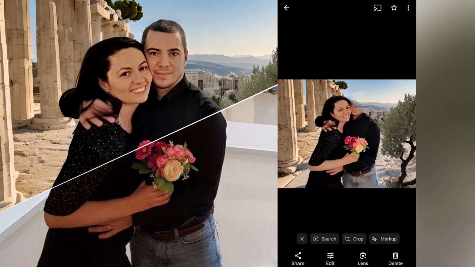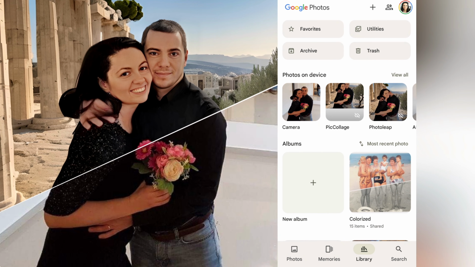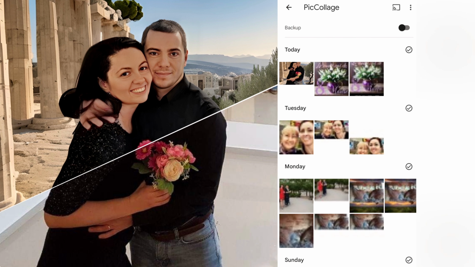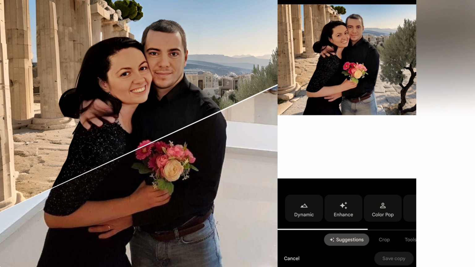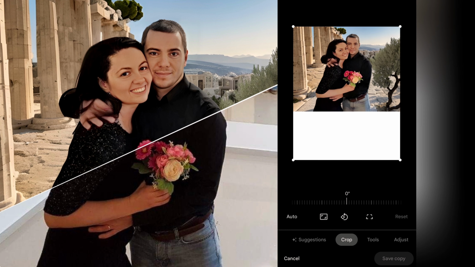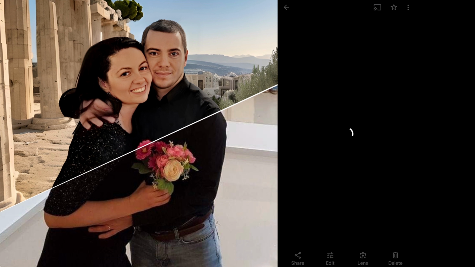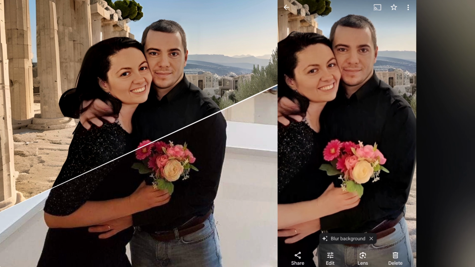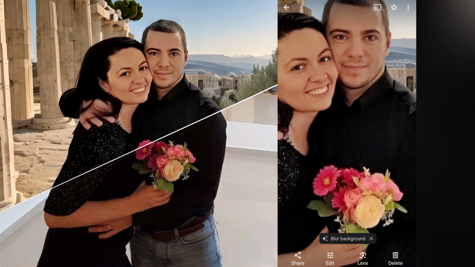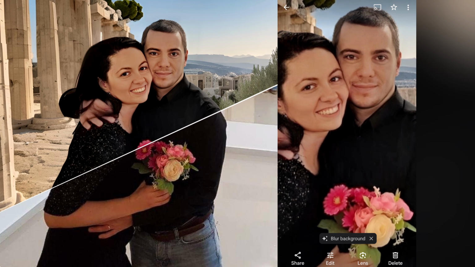So now I'm going to my photo gallery on the phone in the PicCollage folder, and I just need to crop the image and get rid of that thick white border that PicCollage saved the picture in. Right, so this is the progress so far. I think I am now ready to improve clarity